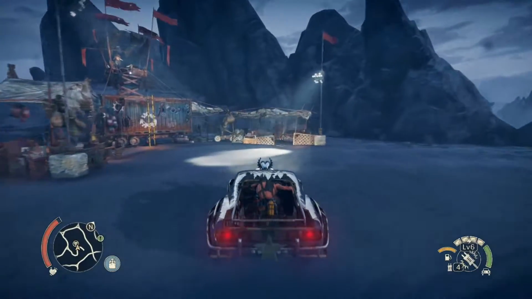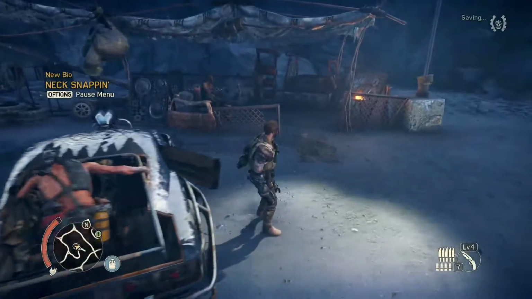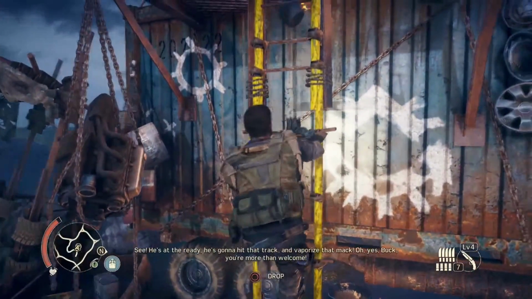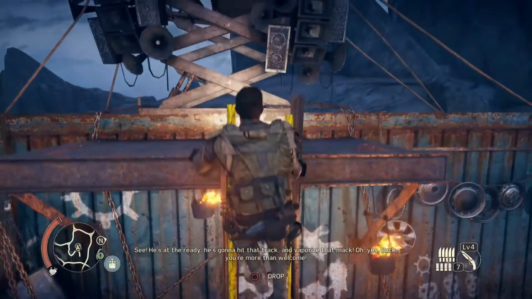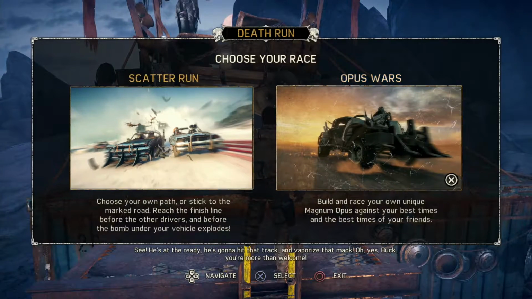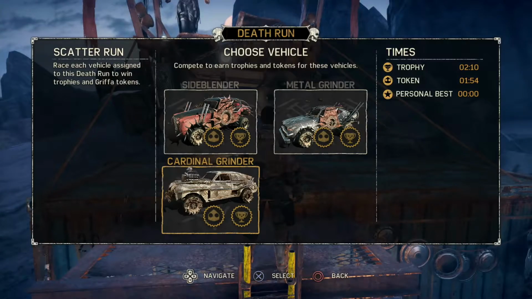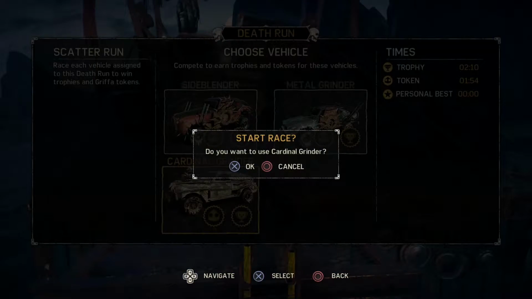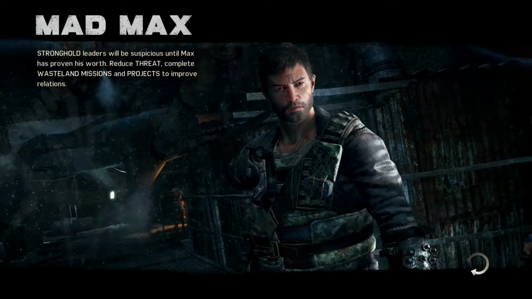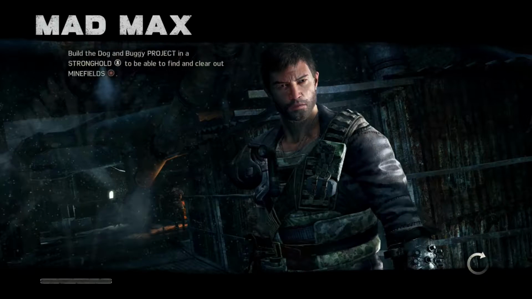But since I'm already at this area, I thought I should go and finish the Death Run race in this part of the game, since I want to clear them as I go. So this one is a scatter run. Oh yeah, and since they closed down the servers for this game, the online leaderboards races are now shut down as well. Okay, so here's a scatter run that I did in this section,